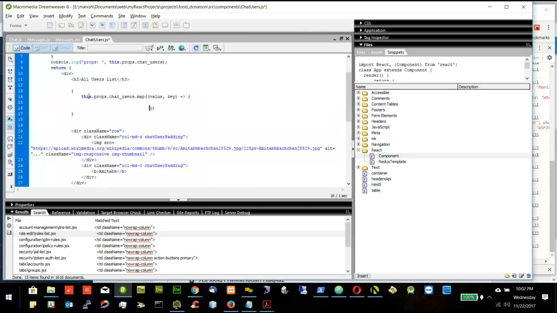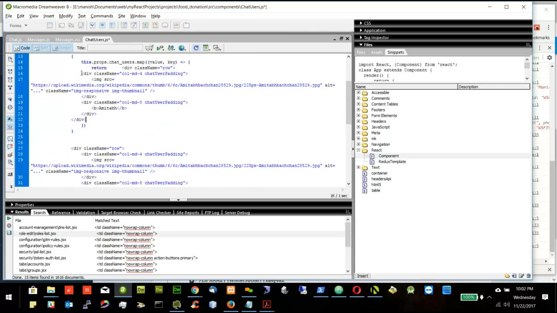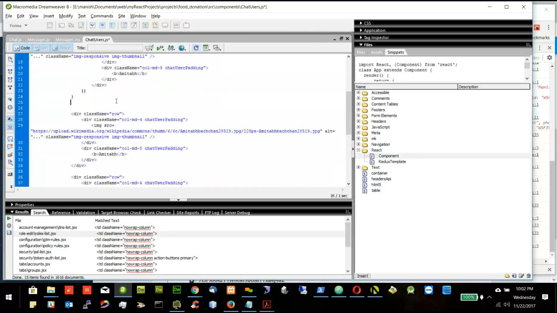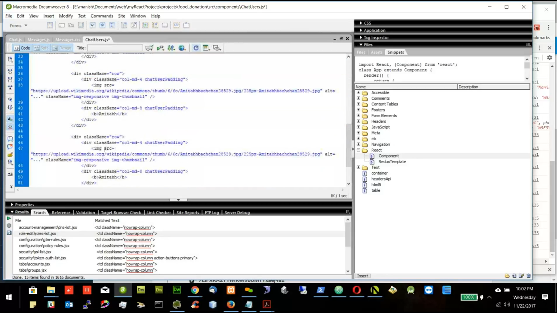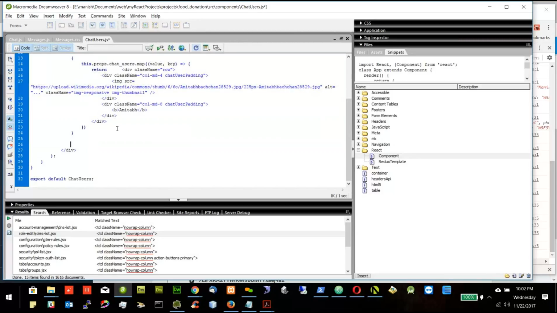And inside this, I will return this row. So since I return this row, I will delete all other 3 rows. Okay, so I deleted all 3 rows, and I'm returning